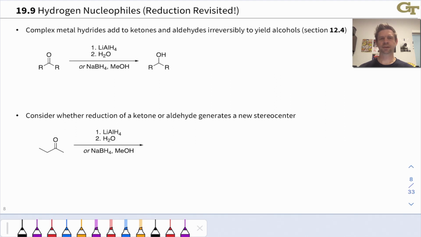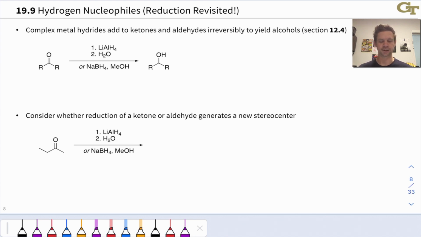In this video, we're going to introduce reactions of organometallic compounds with ketones and aldehydes, drawing an analogy between complex metal hydride reductions and reactions of organometallic reagents with ketones and aldehydes. So first, let's revisit the reductions of ketones and aldehydes to alcohols using lithium aluminum hydride and sodium borohydride,